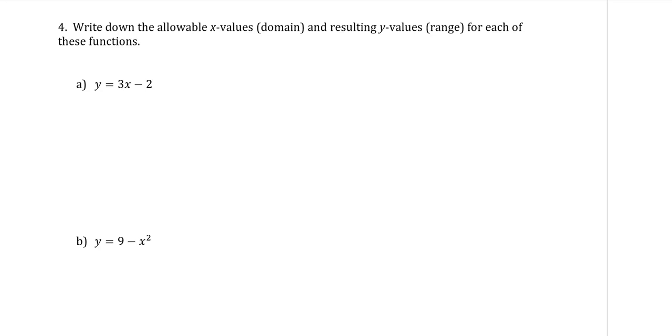Y equals 3x minus 2 is a straight line graph. And I'm only going to draw this roughly. You don't get marks for the graph. It's just so you have a rough idea of what it looks like. The y-intercept would be at -2, and a gradient of 3 means it's pretty steep. I'm not even going to count a rise and a run, but I have a steep line going through that